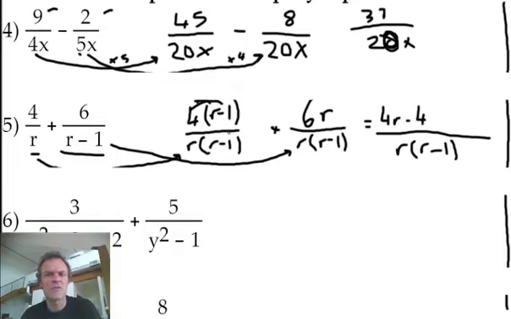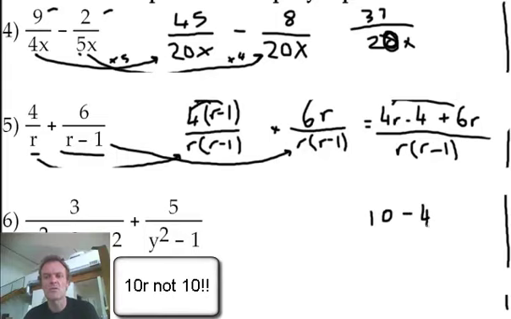So that's me just doing the distributive law with the 4. 4 times r, 4 times negative 1, plus, still got this 6r. Okay, remember I am just working on the numerator. So what was that? 6r. So if I look at this, my final answer, well I can do those two together, can't I? 4r and 6r. So the final answer is going to be 10r